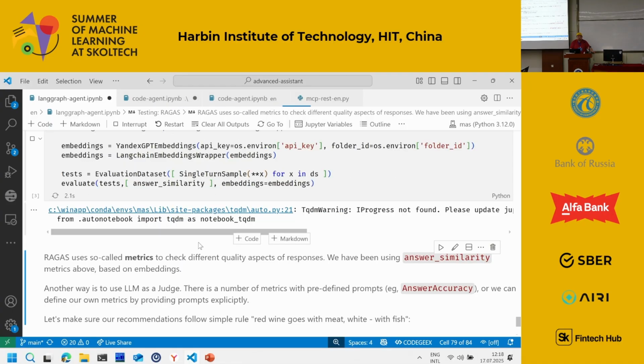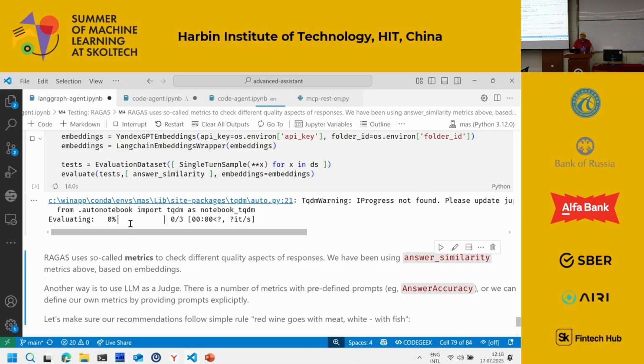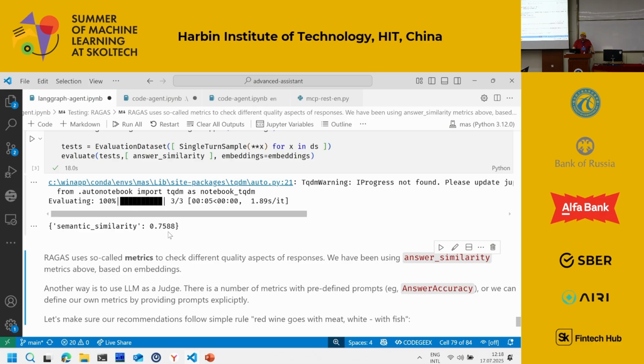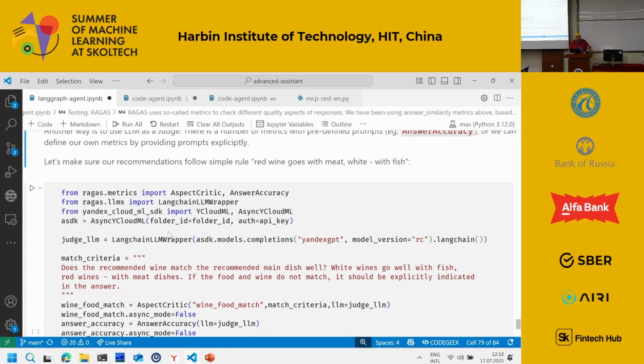So what RAGAS does, it goes through all the samples. It will start doing that in a moment, hopefully. And it evaluates answer similarity for each one and gives me the final score, 0.75. Is it good or not? Well, nobody knows, but probably it's closer to 1 than to 0. Probably it's not too bad. The good thing is that once we have this metric established, we can go back, fine-tune something in the system and measure it again. Once we have something measurable, we can optimize that. That is what I answered, I think, in the first Q&A session.